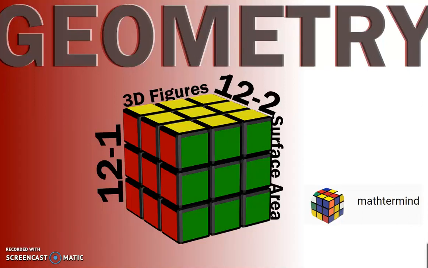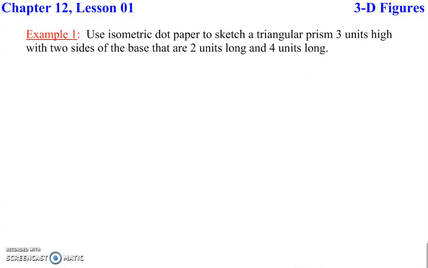All right, geometry 12.1 and 12.2. We're talking about 3D figures and surface area. This first section we're just gonna kind of briefly gloss through, and then we'll look at 12.2 a little more in depth. So we're going to use isometric dot paper to sketch a triangular prism 3 units high with two